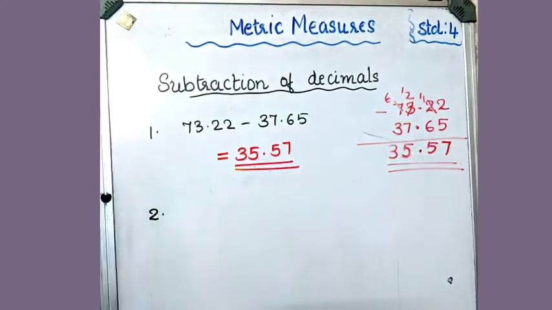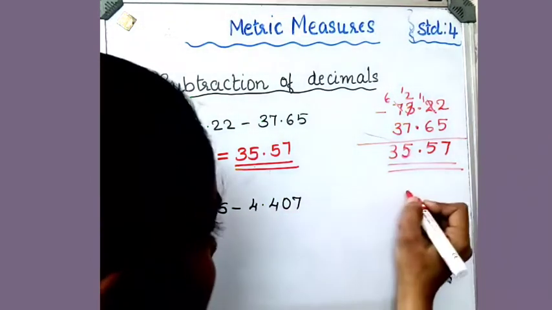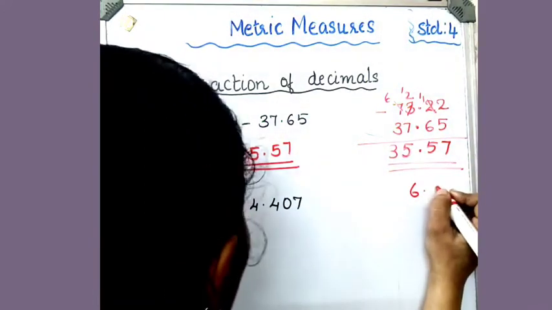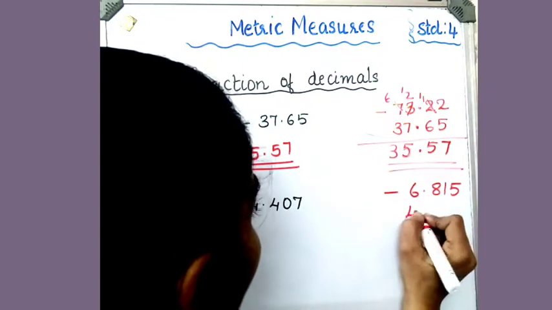Second question. 6.815 minus 4.407. How will you subtract? First of all, write down these numbers in the working column. We can arrange the numbers according to the place value. 6.815 minus